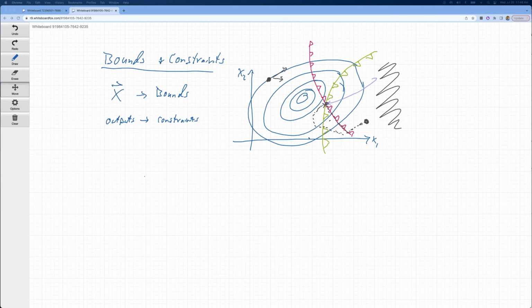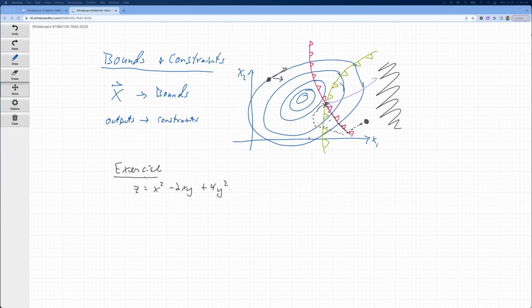Okay, let's do one final exercise here. We're going to again do this in Excel. And what I'd like you to do is look at the function z equals x squared minus 2xy plus 4y squared, but subject to the constraints.